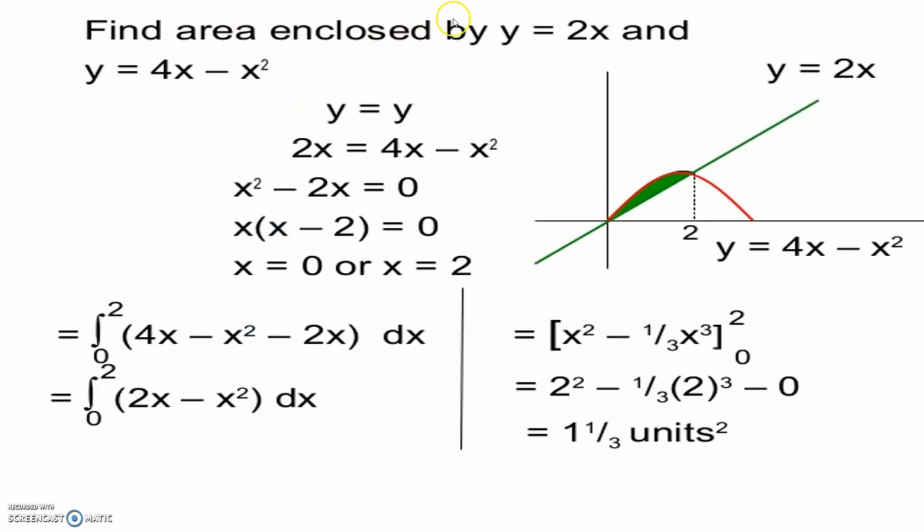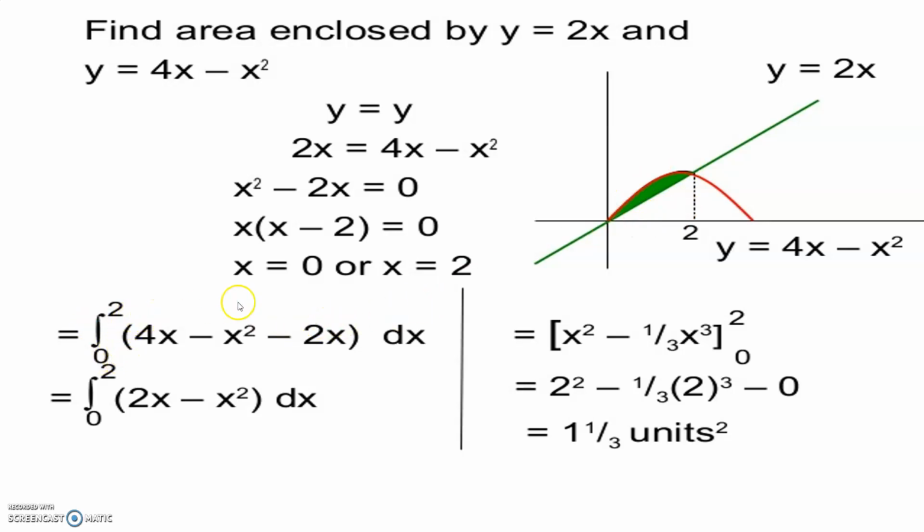Now find the area enclosed by y is equal to 2x and y is equal to 4x minus x square. Graphically, y is equal to 4x minus x square is the curve and y is equal to 2x is the line. So in this way, comparing 2x is equal to 4x minus x square, so x square minus 2x is equal to 0. We take x common from this expression, we derive x in bracket x minus 2 is equal to 0. So x is equal to 0 or x is equal to 2 are the lower and upper limit that enclose the shaded region here. x is the origin obviously, and x is equal to 2 is the distance. So this shaded region area we have to calculate.